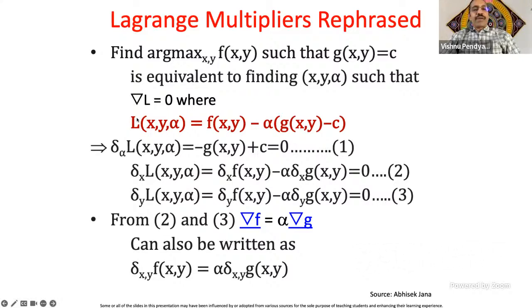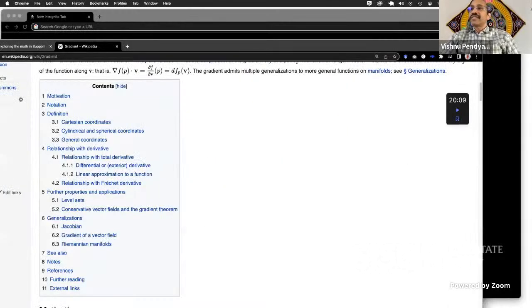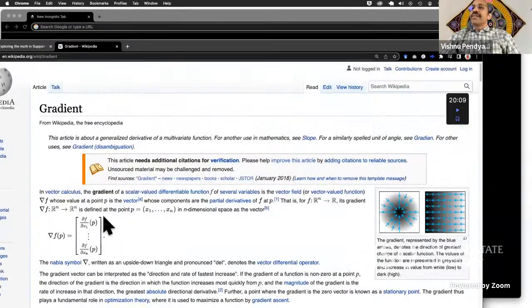So for optimization, we all know that we need the derivative to be equal to 0. Because this is multivariate calculus, we don't go with simple derivatives, we go with partial derivatives, and we consider the gradient instead of the simple derivative. So we want the gradient to be equal to 0. When the gradient is equal to 0, each of the elements of the gradient will have to be 0 as well, right?